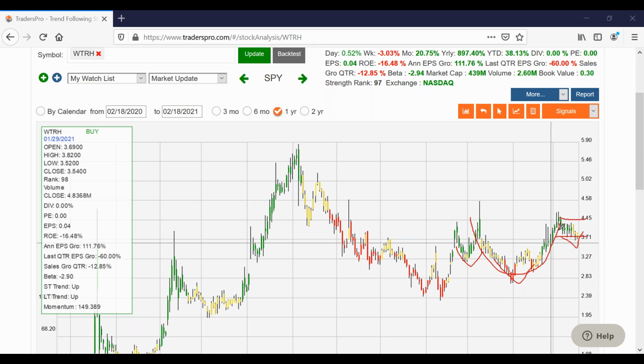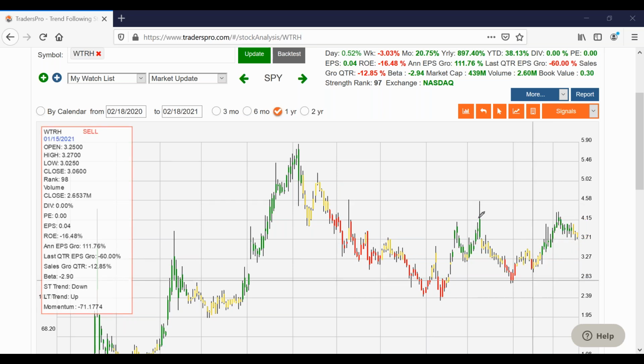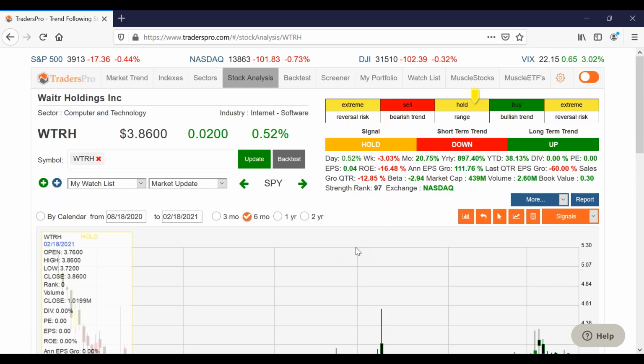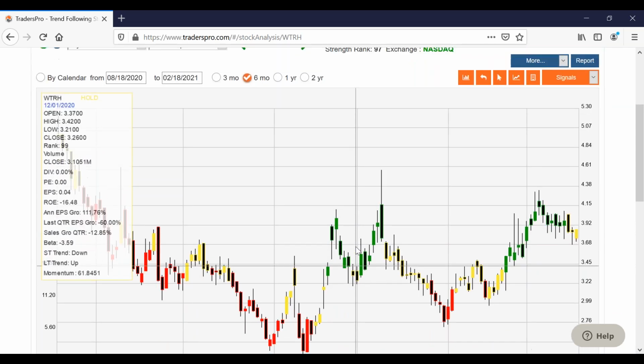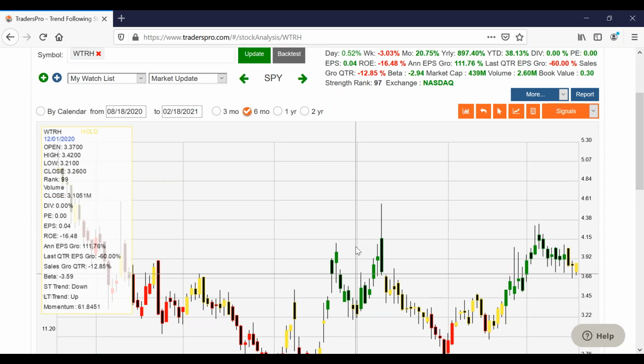exactness. I used to have students correct me all the time on some of these. Well, Jerry, it doesn't look like a cup with handle. That looks like an inverse head and shoulders pattern. And I'm like, okay, call it what you want. Call it a bald man standing on his head. I don't care what you call it. The stock's likely to go up. All right. So those are the stocks that I'll kind of finish with there.